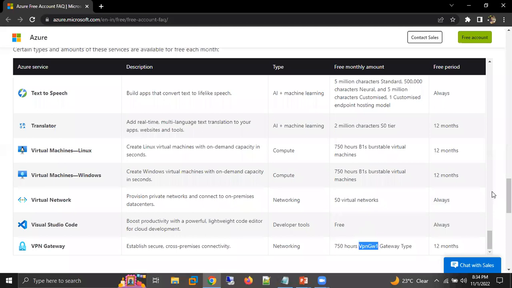So they are giving us information in this link about which services are free, which are always free, and which are 12 months free. Under this also, they are mentioning the particular type. I'm going to tell you also when we learn about virtual machine, which type you have to select; you will get that information there also.